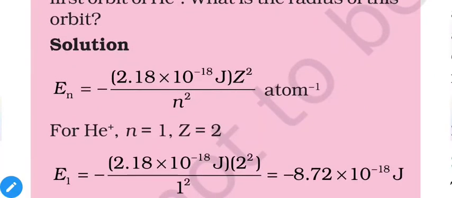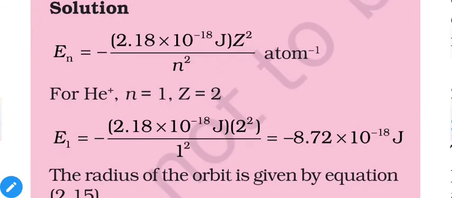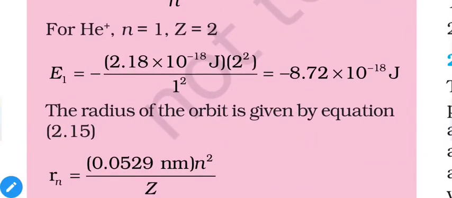So first, energy En is equal to 2.18 into 10 raised to minus 18, the already derived equation, into Z square, where Z is equal to 2 because this is helium. And since helium here contains only one electron, it must be in the first orbit, so n is equal to 1 as well. When we put these values in this equation, energy is equal to minus 8.72 into 10 raised to minus 18. It is comparatively less than the energy of the electron of hydrogen. Why is it less? Because helium contains more protons, so it will attract electrons strongly. That's why the electron gets more tightly bound, and that's why the energy will be less.